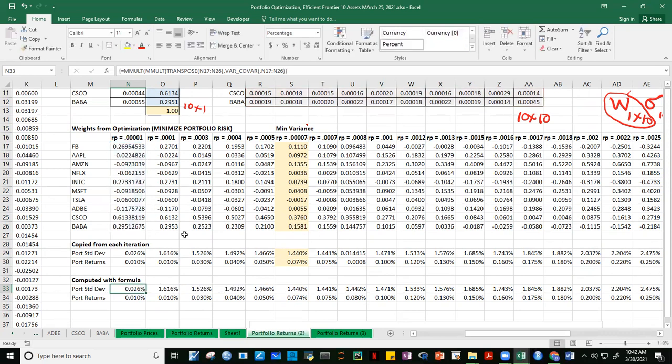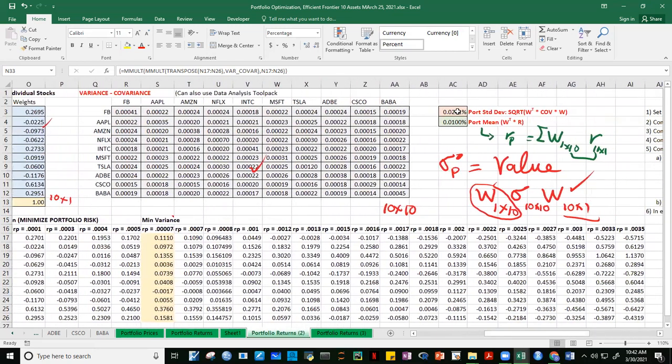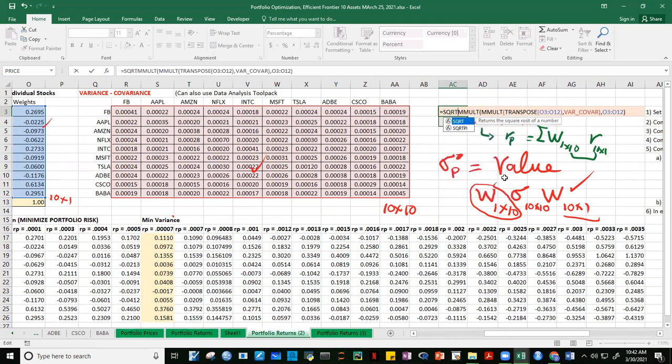Control Shift Enter. May kulang pa pala dito tayo. Luisa, dapat ano to? Kasi sigma squared lang to, di ba? Dapat, sorry, dapat may square root to. Lagyan natin ng square root kasi variance pa lang to. Variance. We want the standard deviation. Control Shift Enter. Ayan, kaya pala naging 1.62.